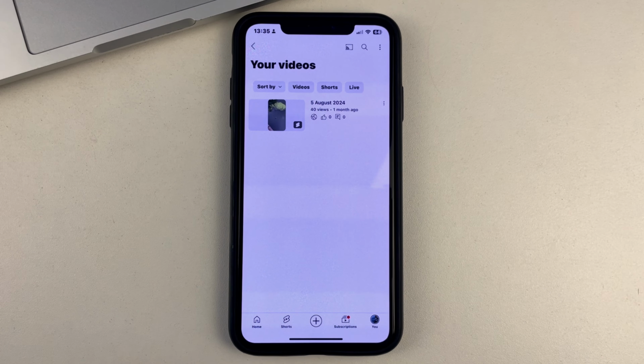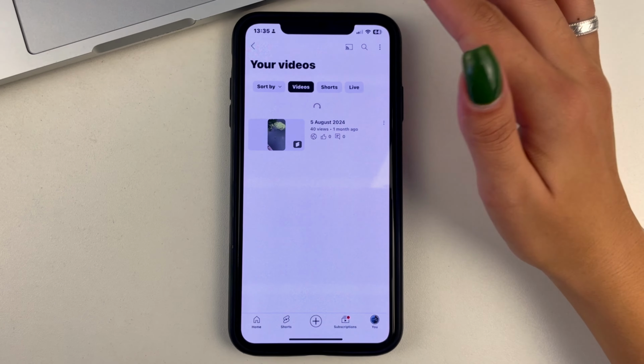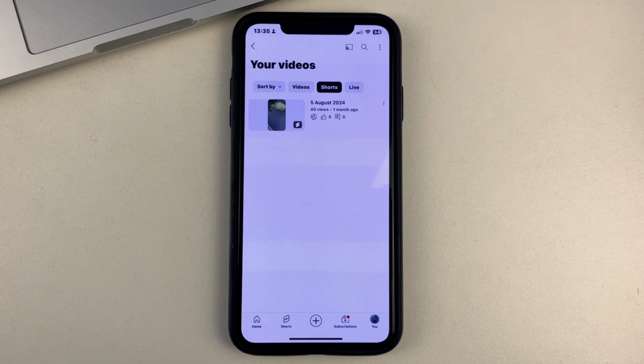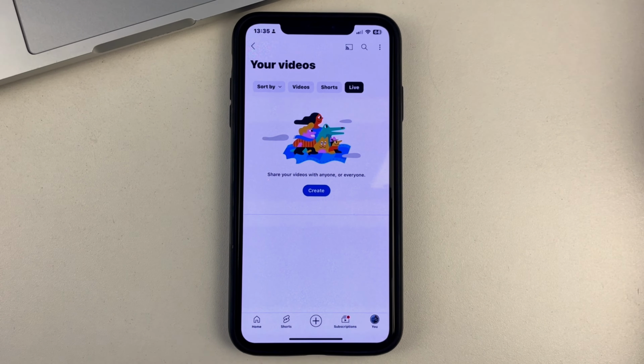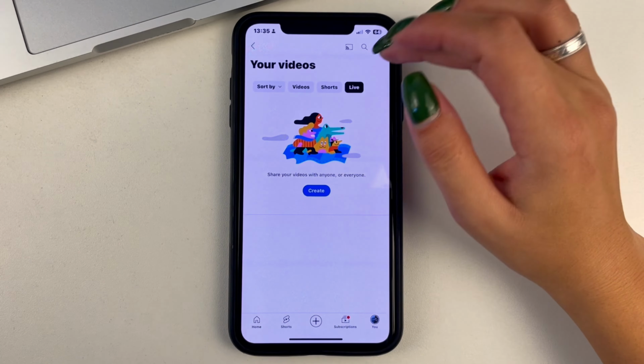And in order to understand these settings, see, at the top here, there are sections like videos themselves and short videos, or shorts. There's also a live video section that you could add here as well.